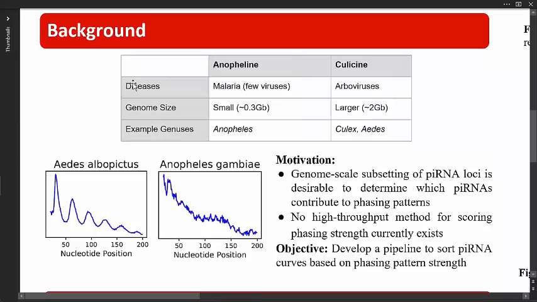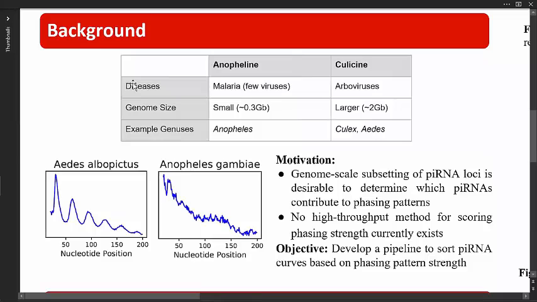display. On the left of the lower figure there, we can see a periodic curving pattern, which is a cutting pattern in the piRNA biogenesis. So each piRNA is cut in a very specific location. And then on the right, we can see that the Anopheline mosquito does not have a very strong characteristic piRNA phasing pattern. So one way to figure this out and find out which piRNAs are contributing to these phasing patterns